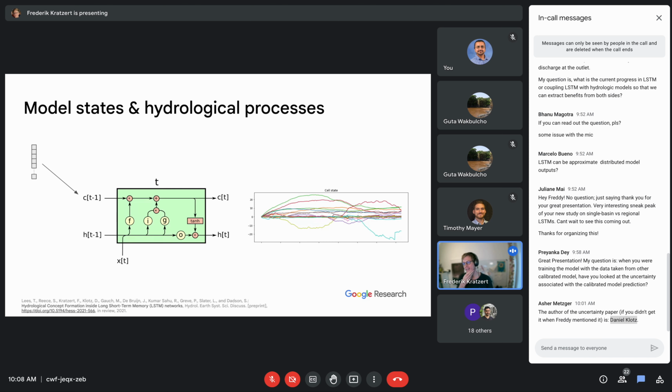So again, the answer is you can get the data from LSTMs as well. It takes a little bit more effort, but then you actually get data representing soil moisture and snow in your catchment. And I wouldn't count too much on what you get from the hydrology models. Okay, thank you.